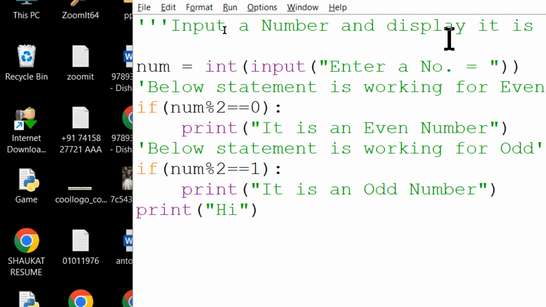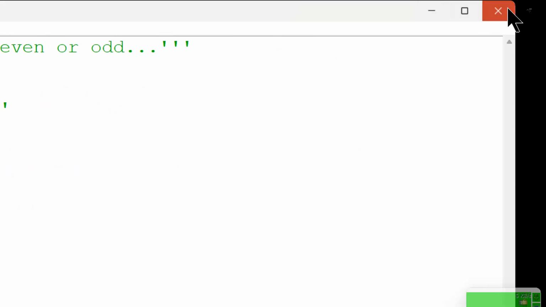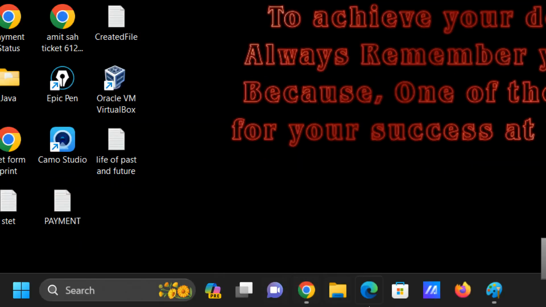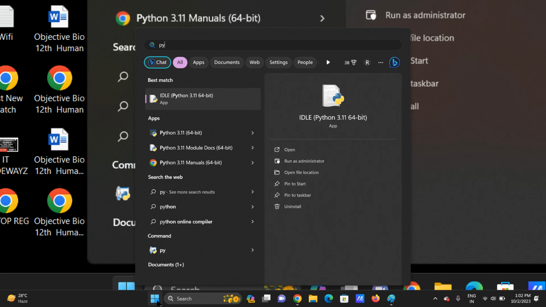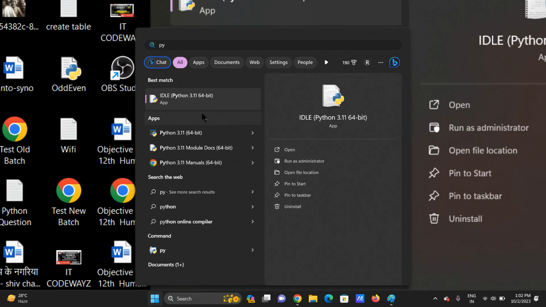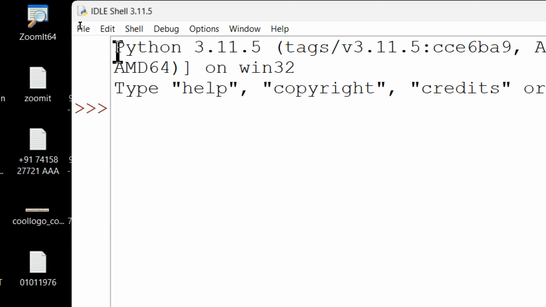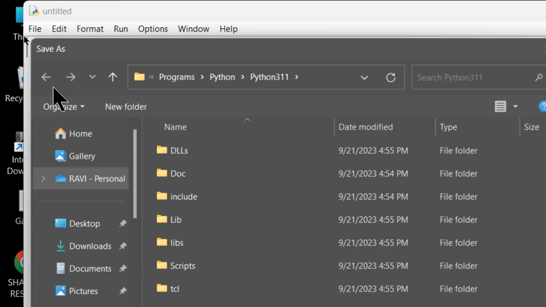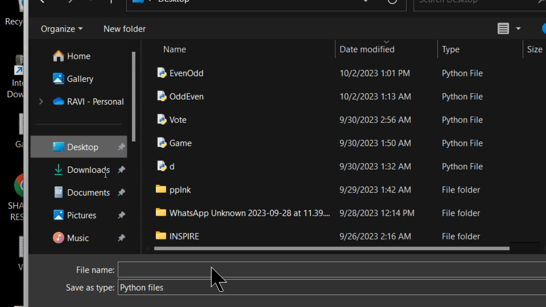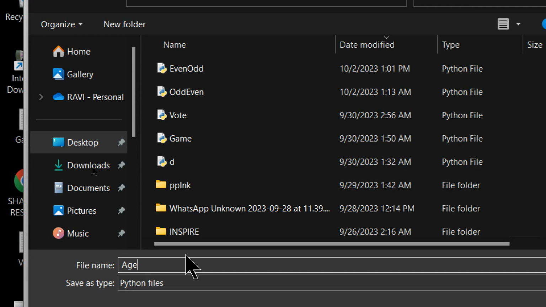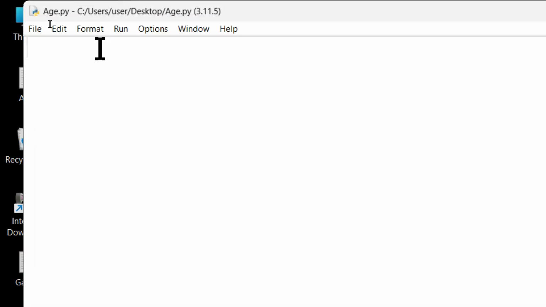Okay, come on, next program, one more program I am going to create. Open the Python IDLE. Now create a new file and then save it. Save on desktop. I am naming it age. Okay, now in this program I am writing